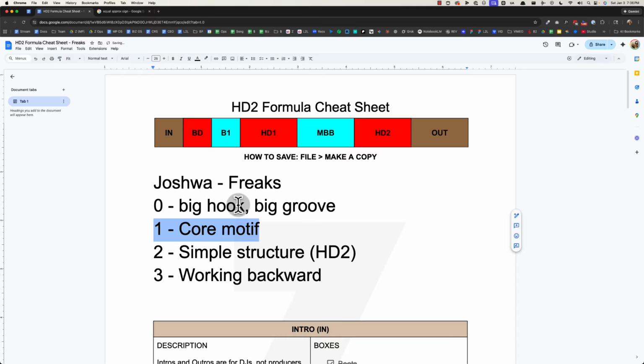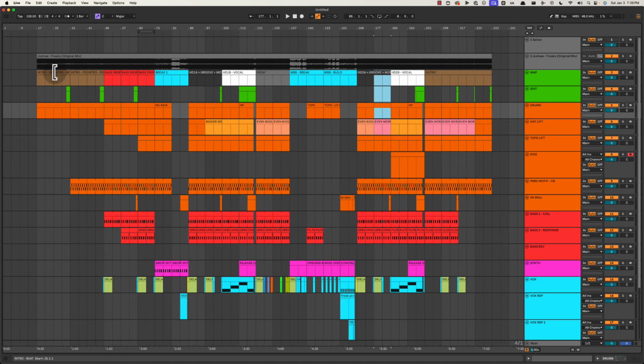Okay, core motif, that's something we looked at. Simple structure. Now, what I wanted to mention, we looked at that a lot. Like the entire track is kind of built around this plus the vocal, and then the simple structure is just the HD2 formula. We've got the intro, we've got break one, we got bass drop introducing the bass, we got break one introducing the main hook, and then we have hook drop one, which is just A section, B section vocal, and then we have another section that kind of moves us